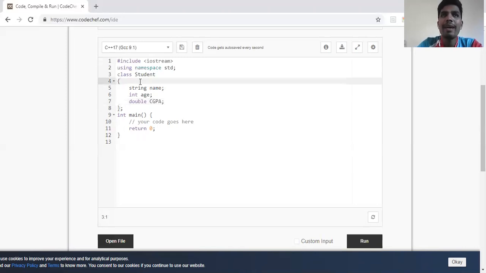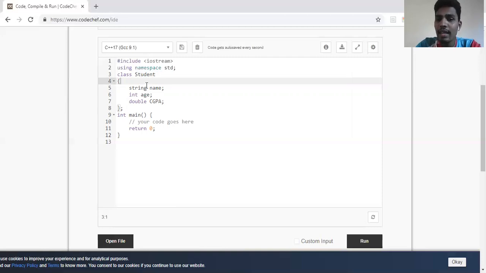What do we mean by access specifier? Access specifiers indicate the access features of these attributes, whether they are accessible within the class or also outside the class. If you want these attributes to be known only to the particular class or to be accessed only through the class, we have to make them private. If you want these attributes to be invoked outside the class, then we can make them public.